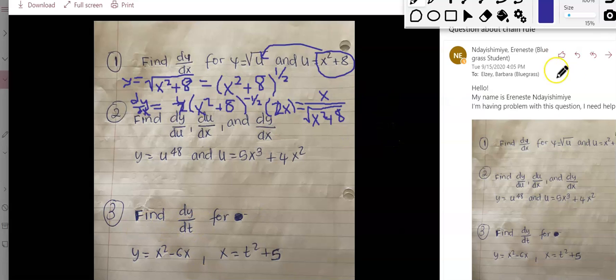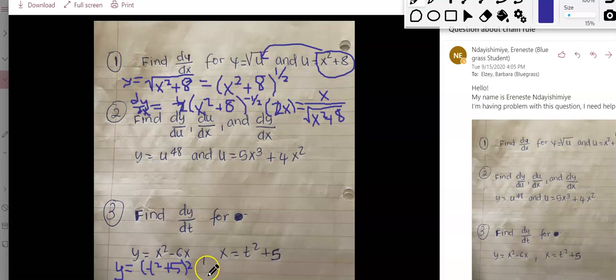All right, now let's do the same thing to number 3. I'll have a little bit of trouble moving down, so I'll kind of have to do it above. We want to find dy/dt. Notice y and t, so we're going to have to compose these together again. I need to put this into both of these x's, which is going to make it t squared plus 5, that quantity squared,